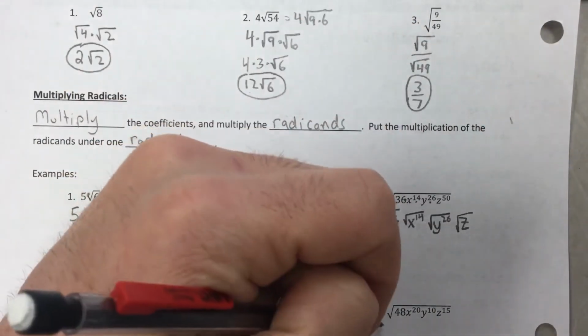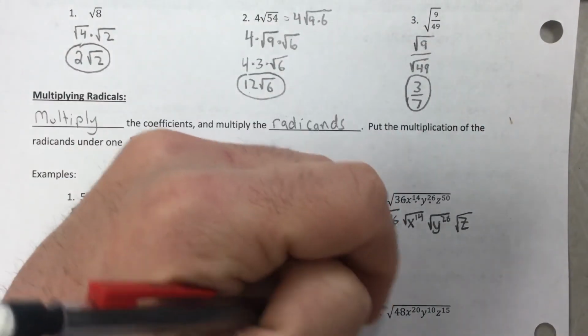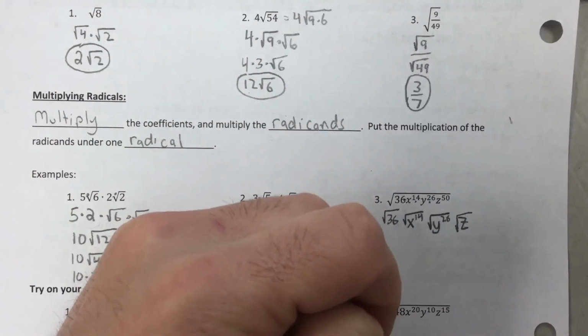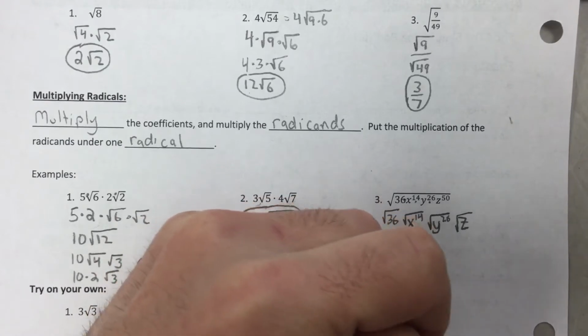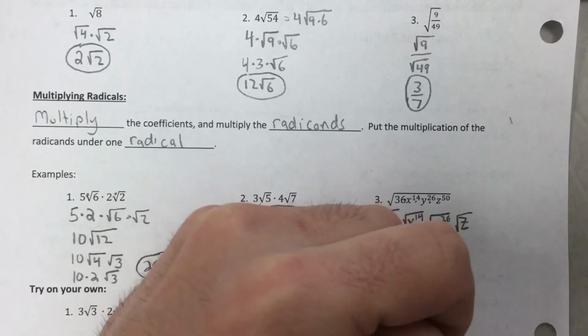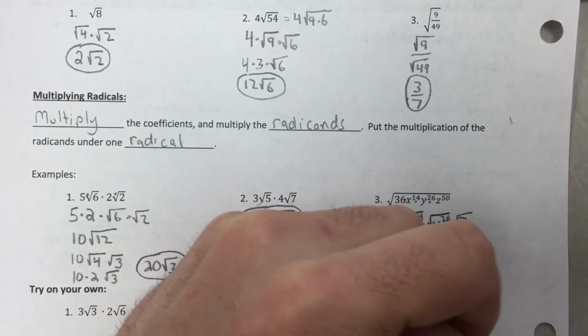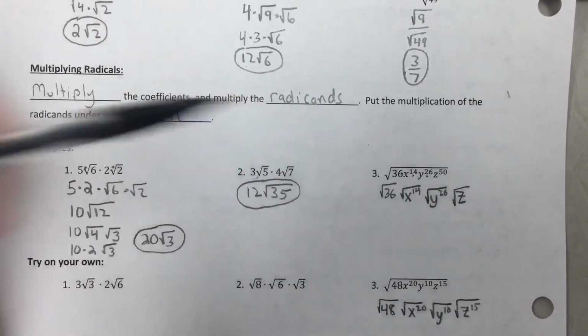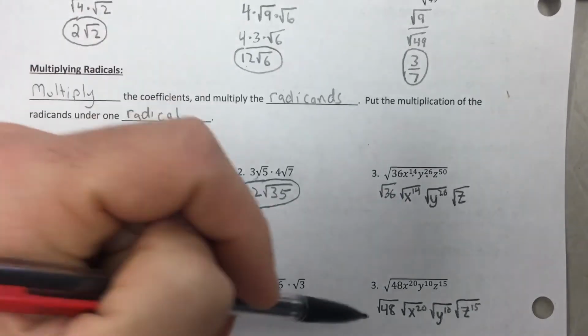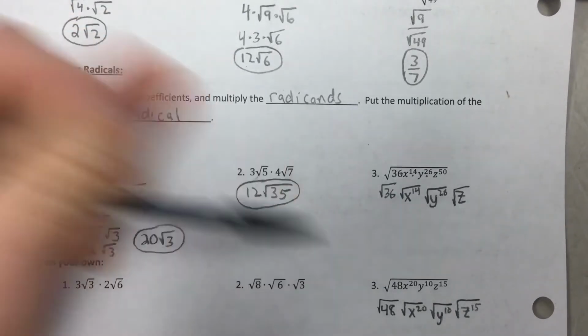As we go to number 3, same idea. I'm going to think of these as 3 separate radicals. I gave you a jump start for number 3 there. All right. When I think of this as 3 separate radicals,